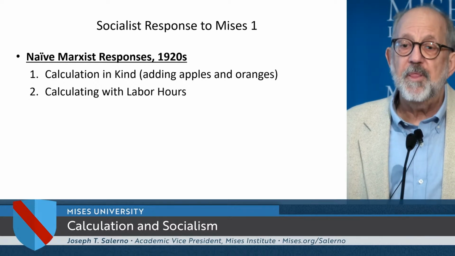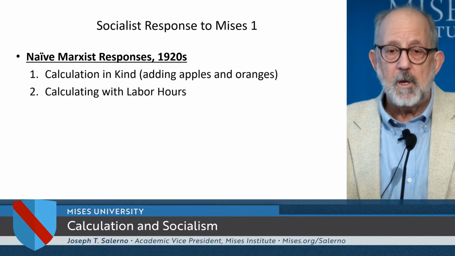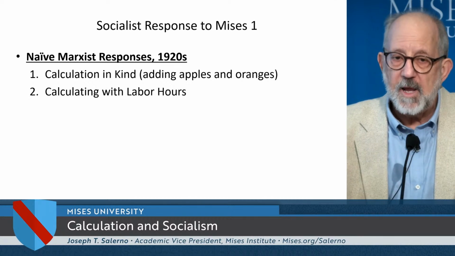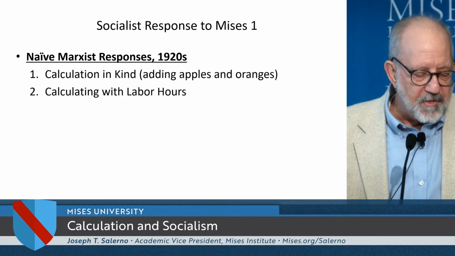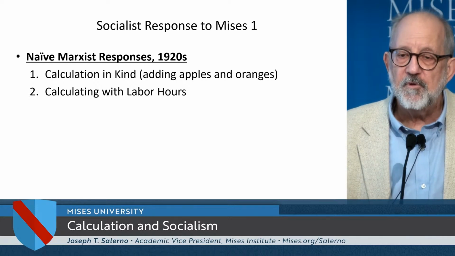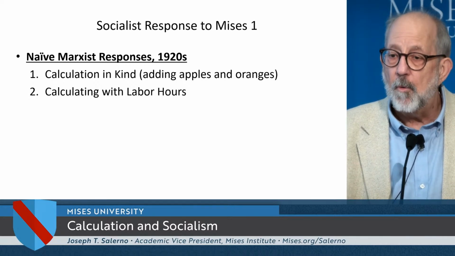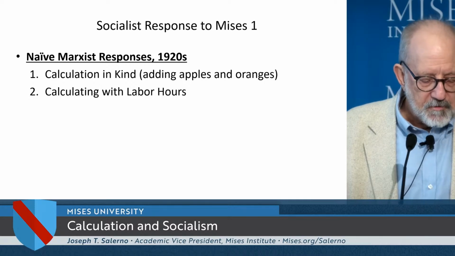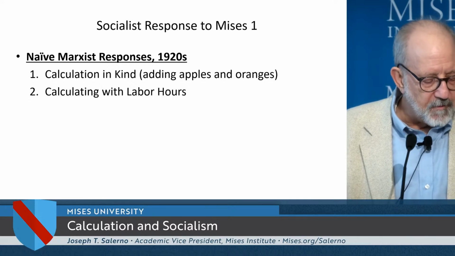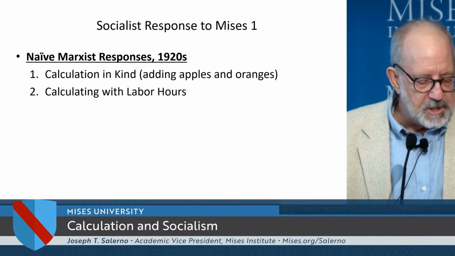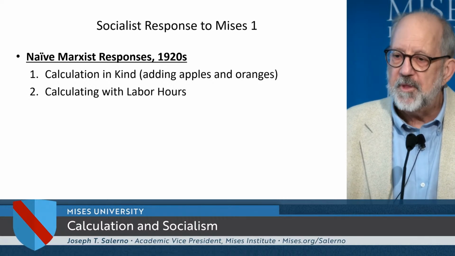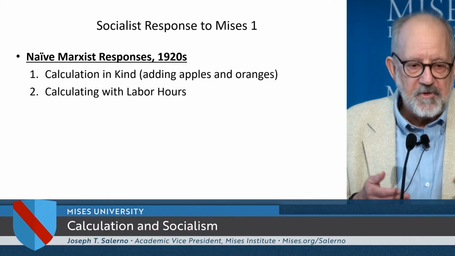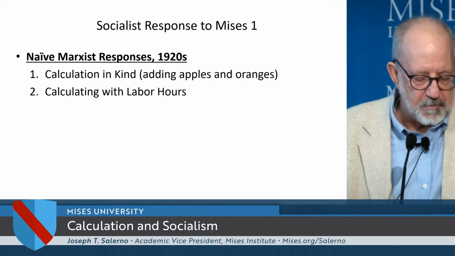You can calculate with labor hours, they said. Oh, well, look, every good uses labor in its production. But there's a number of things, of course, that's wrong with this. First of all, labor hours aren't all homogeneous. So there's different qualities, from software engineers to McDonald's cashiers to the hours of brain surgeons' labor. They're all different. They can't be added together. They're as different as apples and oranges when you come down to it.